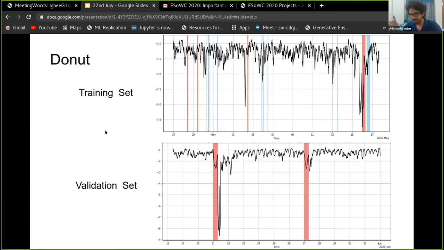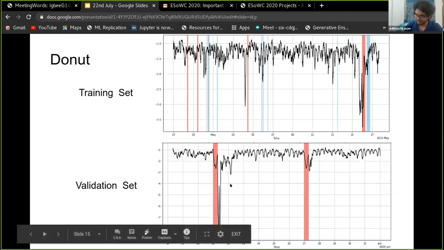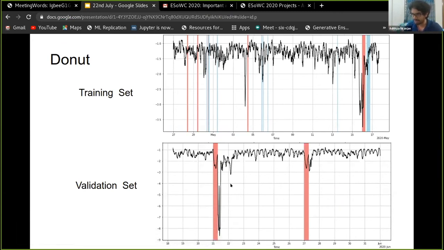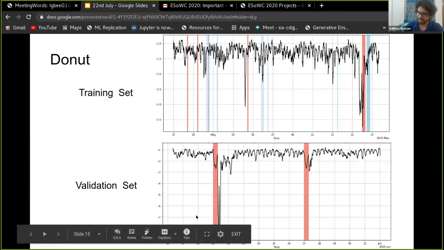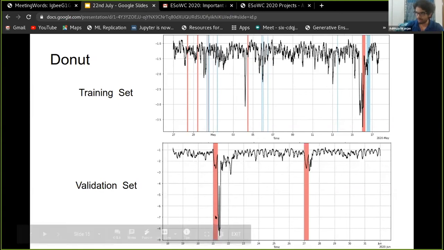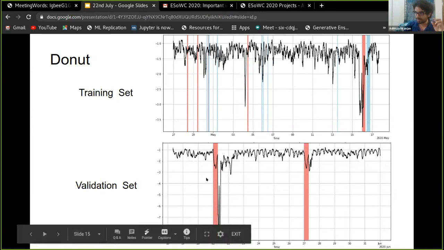So we try to build a reconstruction of every time window, and supposing we're unable to reconstruct a time window, well, that indicates that it's been out of distribution and is likely to be an anomaly. So having a look at this in the training set, the validation test set is a more clear picture. We don't have too many labeled anomaly points, so verification is a bit of a hard task. But here you can see the anomaly score, the lower the score, the higher the anomaly likelihood. So this is one method that we have.